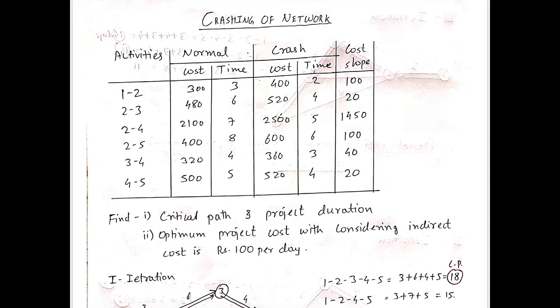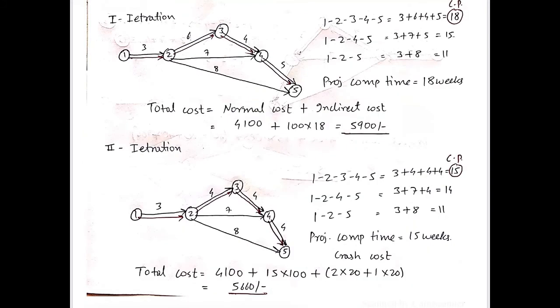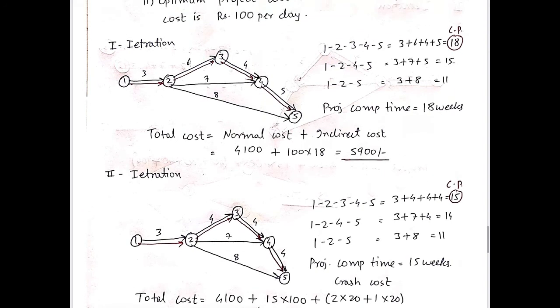By finding out the cost slope of each activity, we then move further, that is iteration 1, in which we'll draw a network by using the activities and their linkage. This network drawing we have discussed in previous videos, so we have to go through the previous videos for how to draw networks. Over here we have drawn a network and we have also written down the duration of each activity.